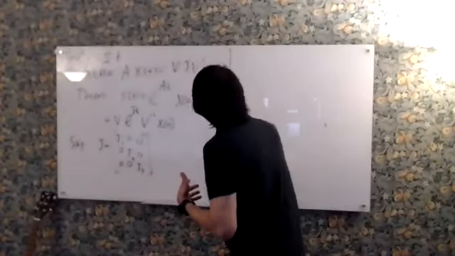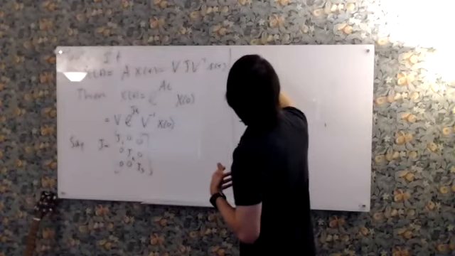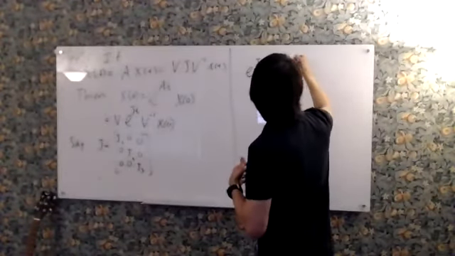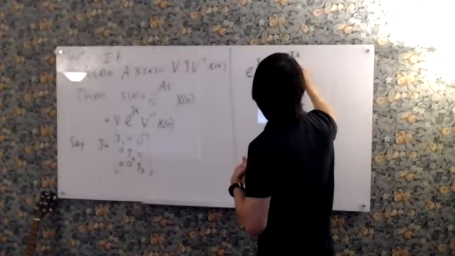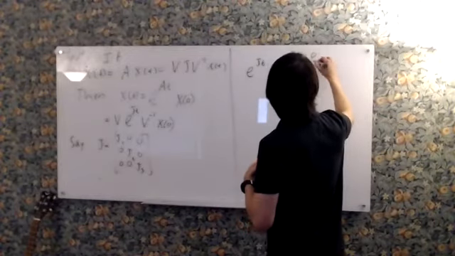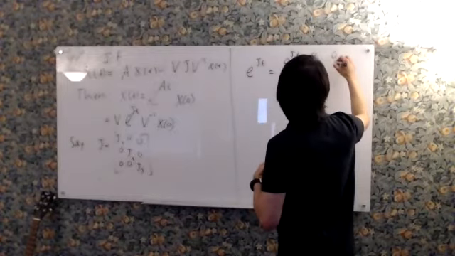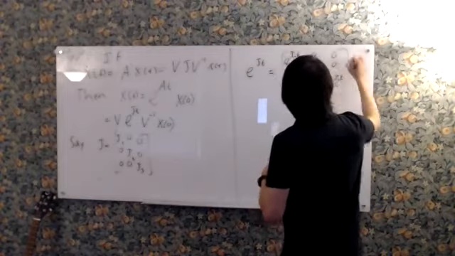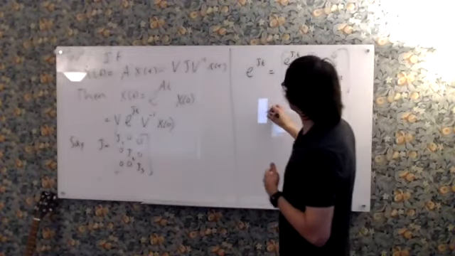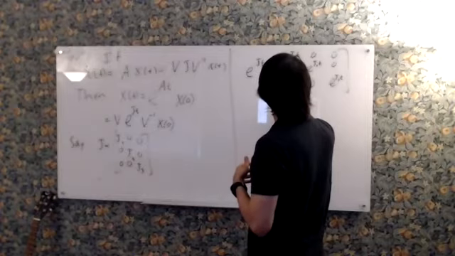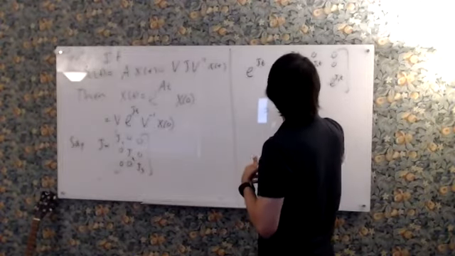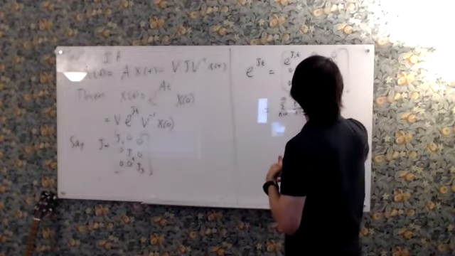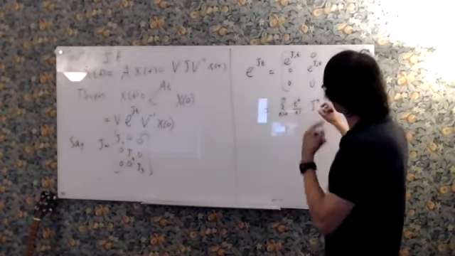Using the same exact argument, e^{Jt} is equal to block diagonal e^{J1 t}, e^{J2 t}, e^{J3 t}. The reason, I'll just sketch it out, is because this is the sum for k equals 0 to infinity of t^k over k factorial J^k,